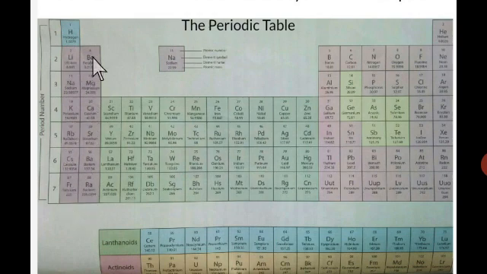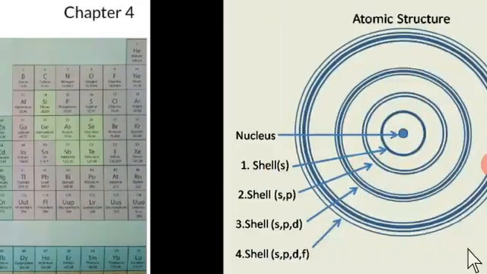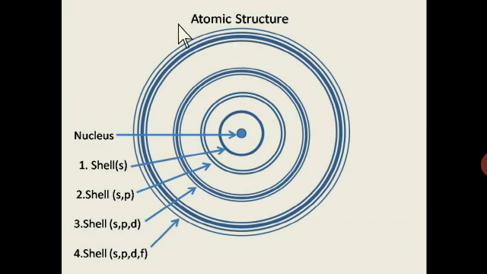Now students, you can see the periodic table is categorized in different blocks. Like this is one block, this is another block, this is another and this another block. So you can see how many blocks are there. 1, 2, 3 and 4. 4 blocks are there. Why they are divided in such a manner? Let us see. First we have to understand this atomic structure, then we will understand why the periodic table is divided into 4 blocks.